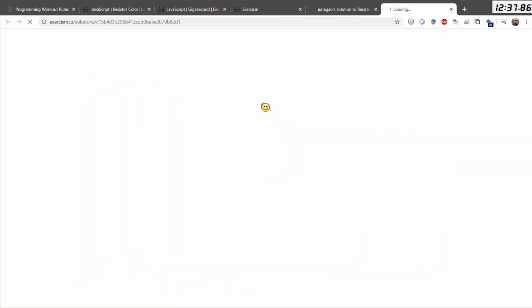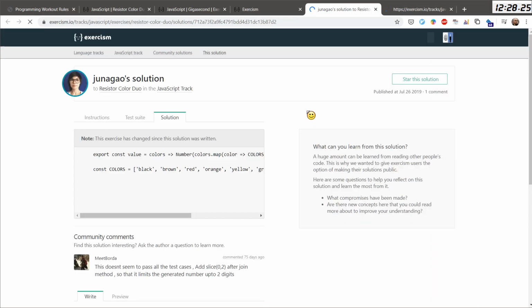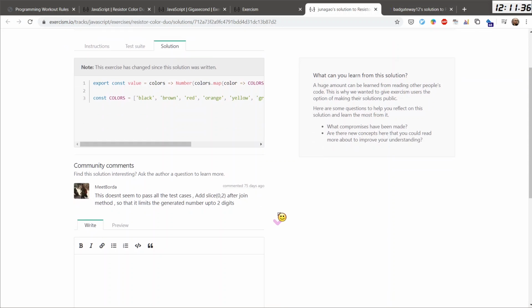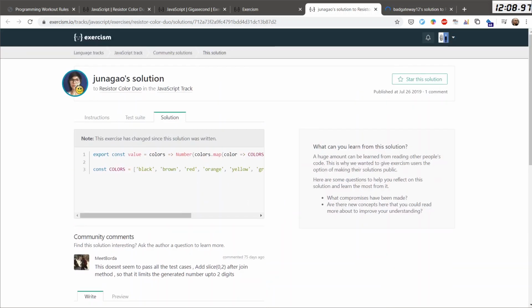Okay. What about those two? Okay, this is colors, map, colors, indexOf colors. So this is what I saw elsewhere. What's here?